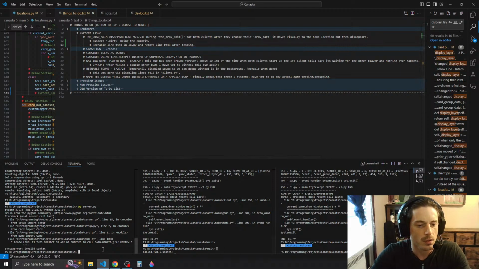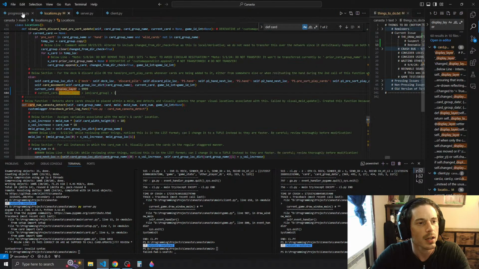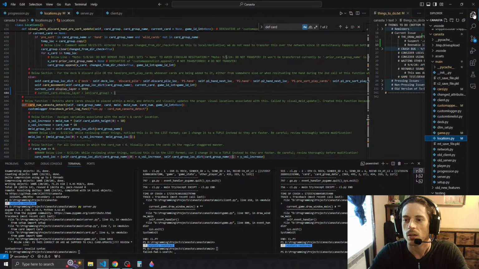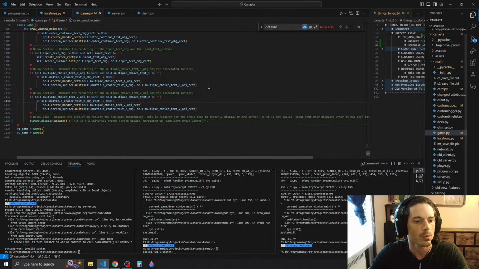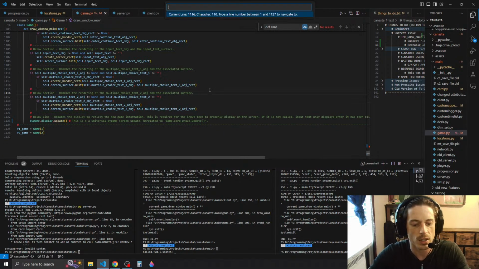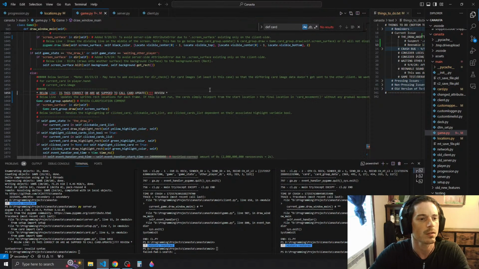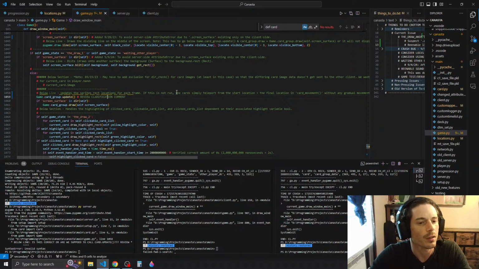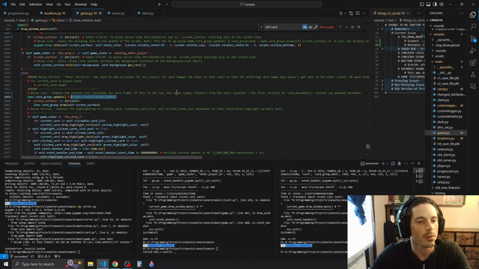Okay, so then let's go over to game. Line 1058. Is this correct resource code? Okay. Update the sprite rect location for each frame. Okay, and I'll put